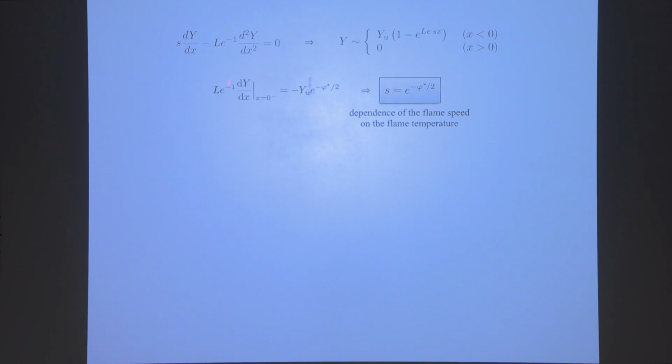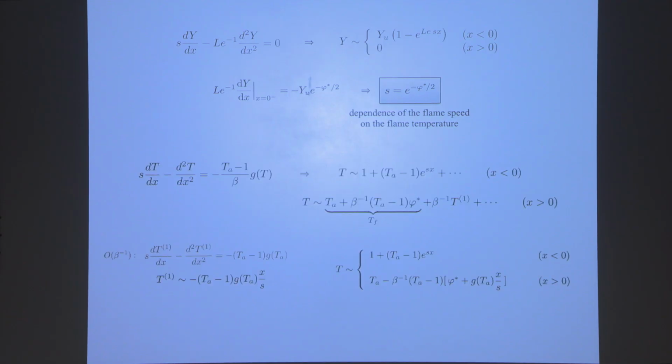So the derivative here gives you the S, and so you get S equal e to the minus phi star over 2, which is a relation between the flame speed and the flame temperature, okay? This slide is a little different than what you have, but you have it there somewhere. And then you go to solve for the temperature, and for the temperature in the unburned gas, it's quite easy,